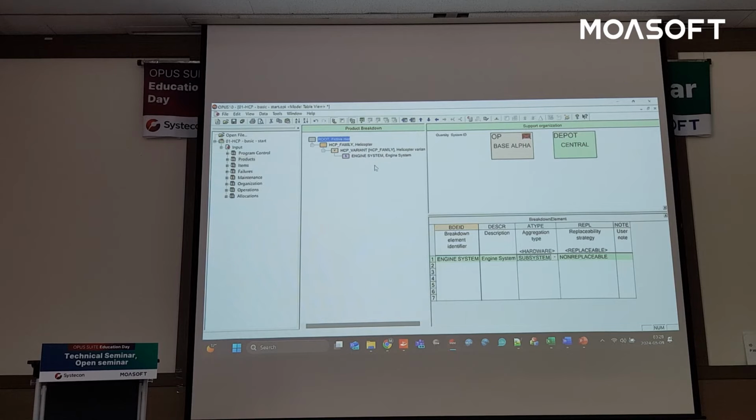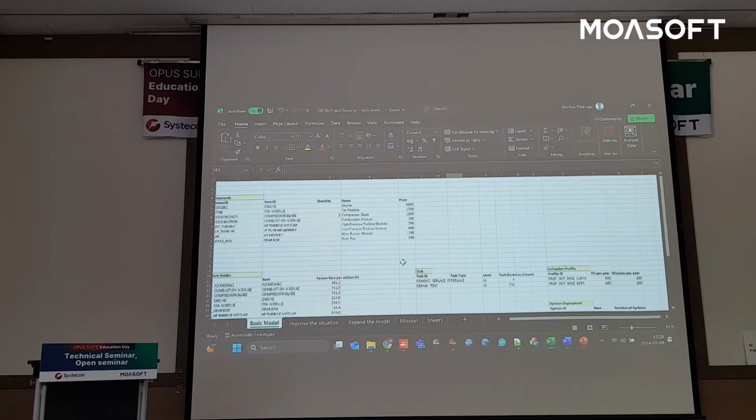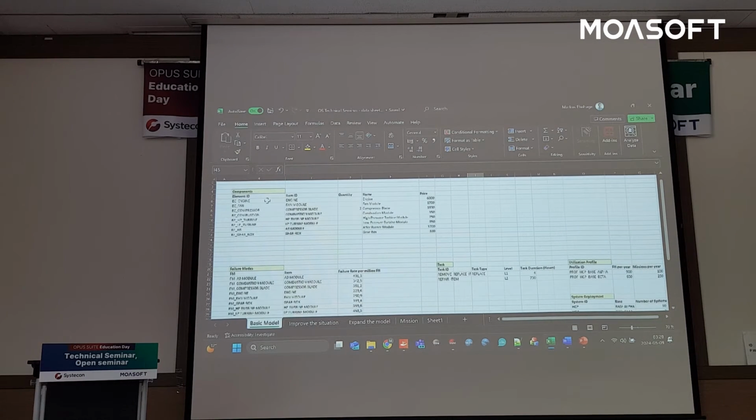I have a small Excel file here just for not typing everything by hand. So typically you might have this. This is the situation that I talked about yesterday with data. Somewhere you have the data, hopefully in some format, and it needs to be inputted into the model. I know from my experience that very many organizations do have a lot of data in Excel spreadsheets. So it's quite a common situation. It might not always be organized in a way that you can just copy and paste directly,